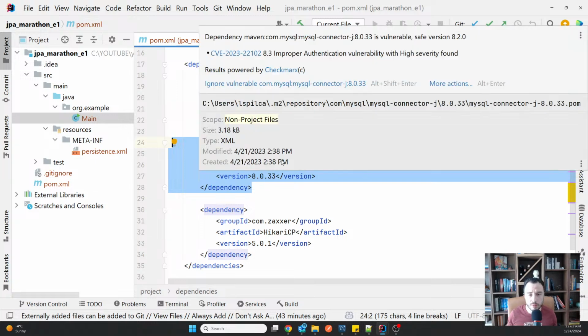One of the things that I was observing when I was putting up this example, because I've copied this dependency from an older example I had, is that this dependency has a CVE, which means it has a security issue. Of course, it works for our example, but I wouldn't use that in a real world application.